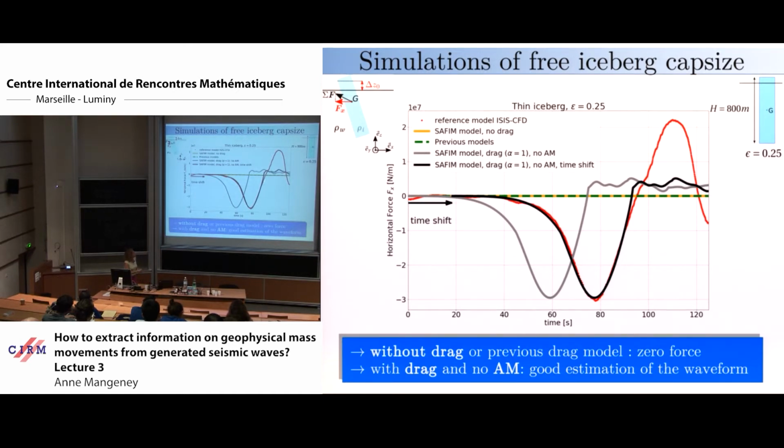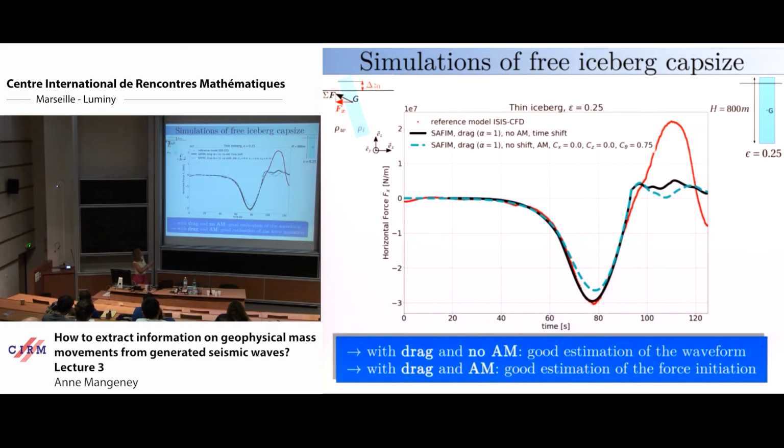So this is the force with the complete model, and here in gray, you have the force with our model. So it has the same shape, but you see a shift in time between the two models. And if you are familiar with fluid structure interaction, this is related mostly to the added mass effect. And here we did not take added mass, no added mass here. And if we take into account added mass, this is the simulation here, we recover the time evolution of the force, and we have a discrepancy of the